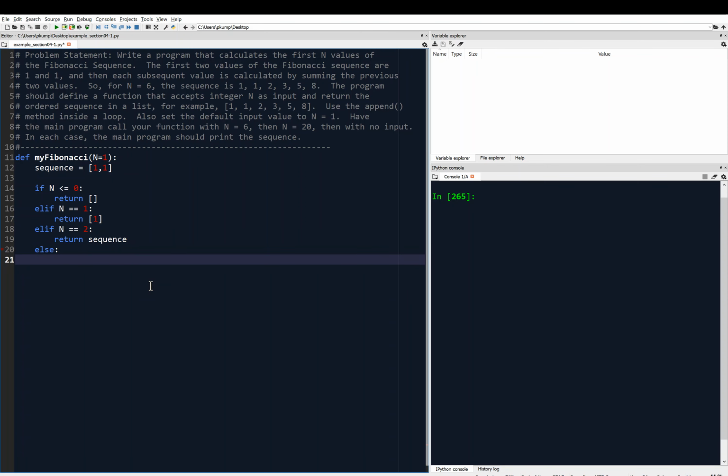I need to start calculating the subsequent numbers in the sequence. There are a few ways I could do this. I'm going to use a for loop. We're going to say for i in range, and I want to know